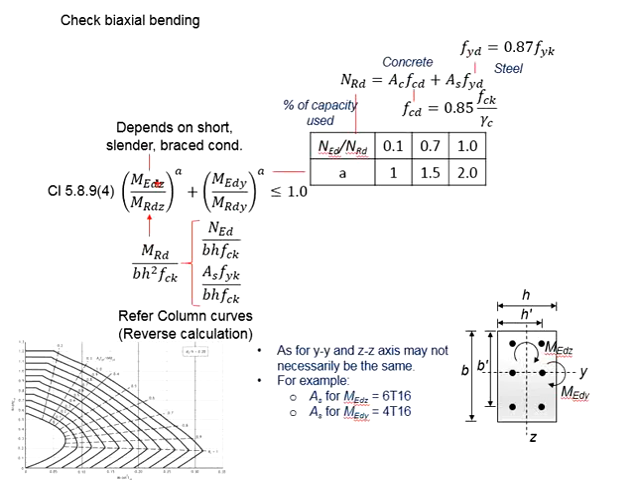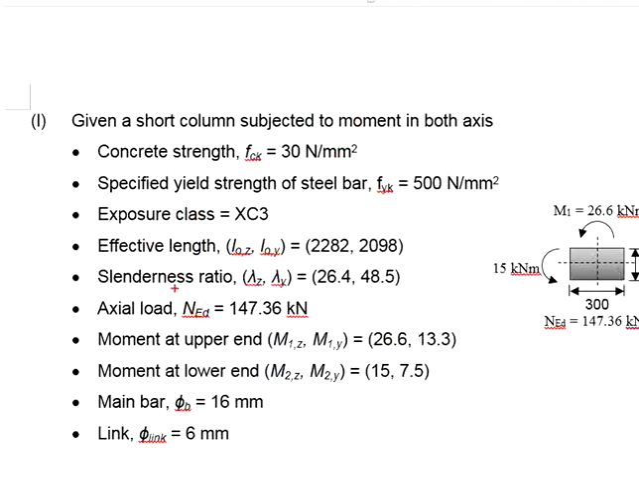Our next step is to determine the power of a. For the power of a you will need to refer to this table. It is determined on the basis of the capacity of the axial load being used for that particular column. You need the NEd and you need the resistance of the axial loads of the column. NEd is given, which in this question is